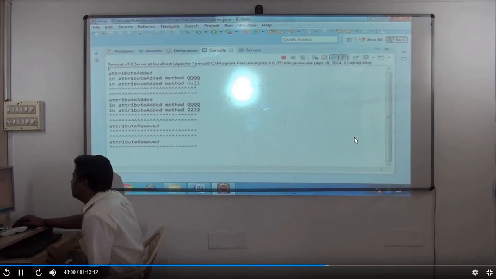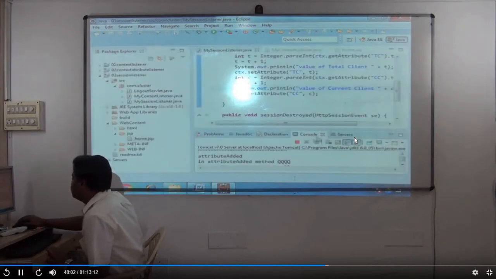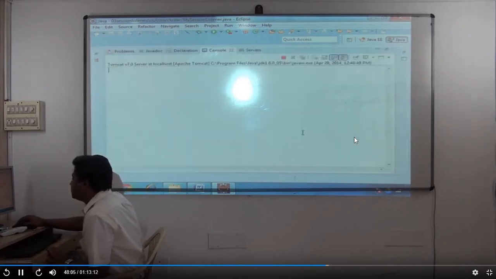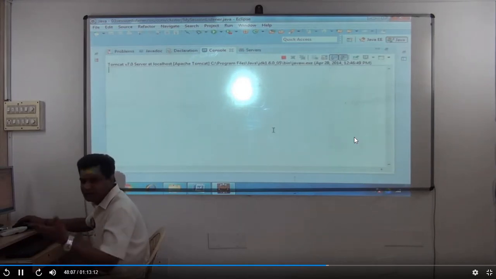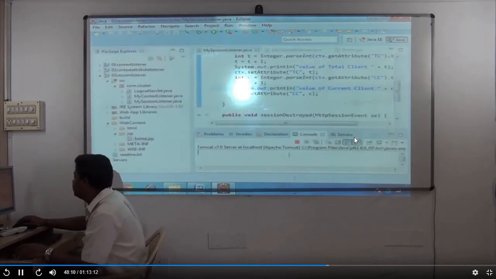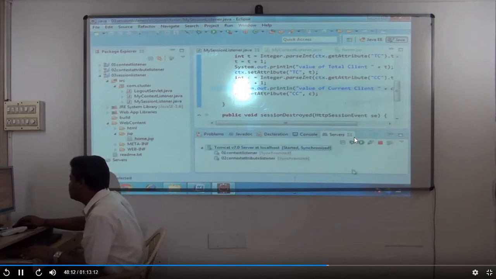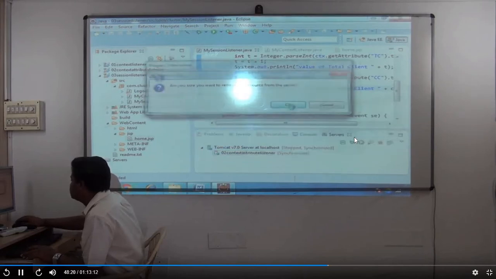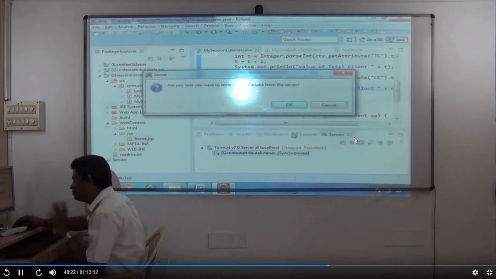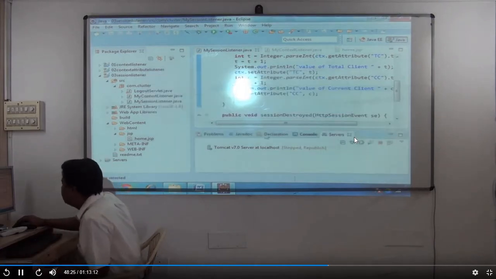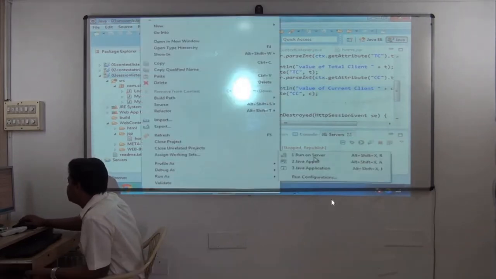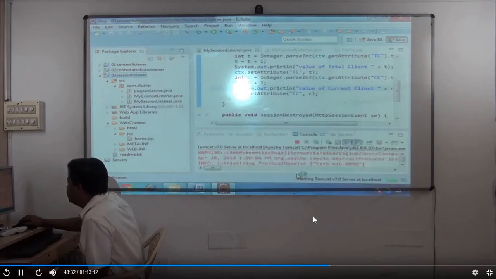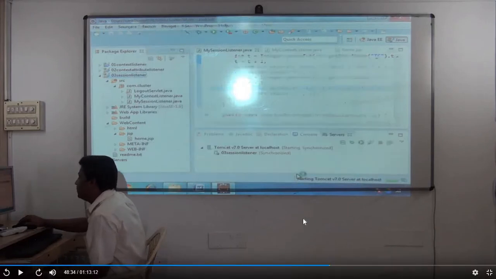What we'll do, we'll do one thing. I'll remove those two applications which are deployed. Otherwise, again, they'll also go on getting executed. So better, we'll remove these two, stop the server, remove it. Otherwise, you'll see output from those examples also. That's why better you remove it. Okay, it's done now. Now, I'll deploy this. Run on server. And please understand,